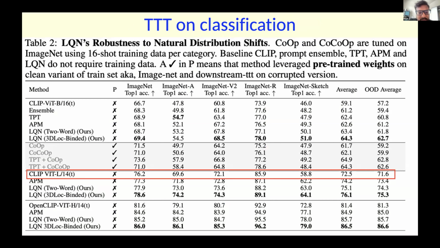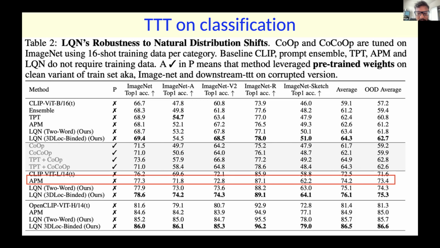So as I mentioned, we were doing it in a student teacher setting. So I will go over the results one by one. The red thing is where you need to focus. Here what you see is all the ImageNet splits we are testing. And if you just use a teacher, with no student teacher setup, and if you just benchmark how well the CLIP best model performs on ImageNet A, V2 and all this, that's like 76.2. So that is one thing.